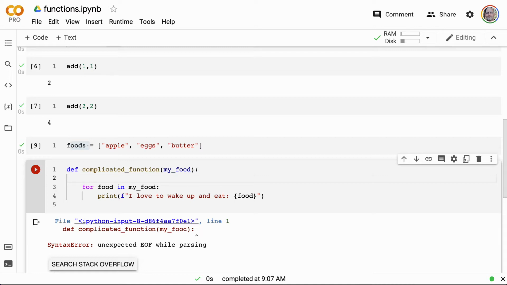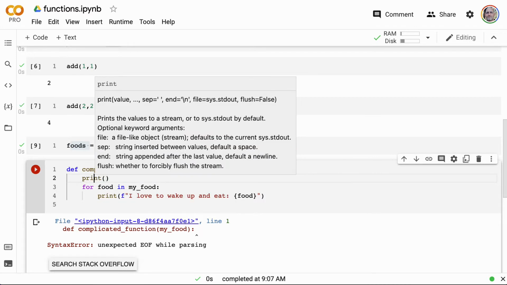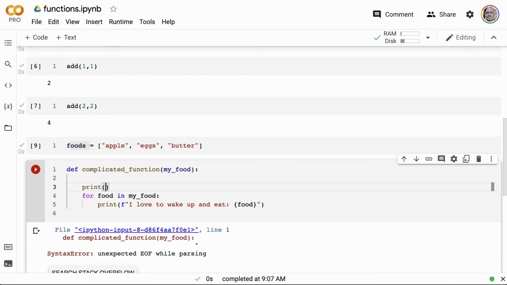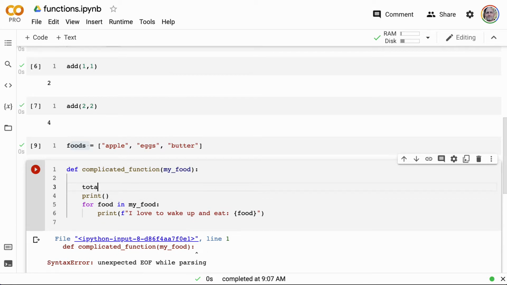We could also add a print statement at the beginning, where a total would be the length of the foods, right? So this would count how many foods are inside of there, or my food, like this.